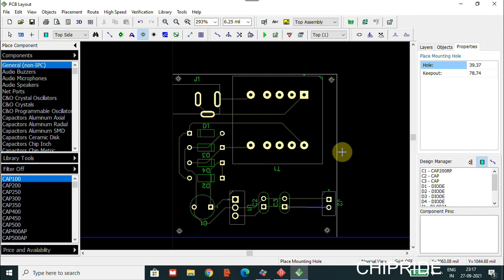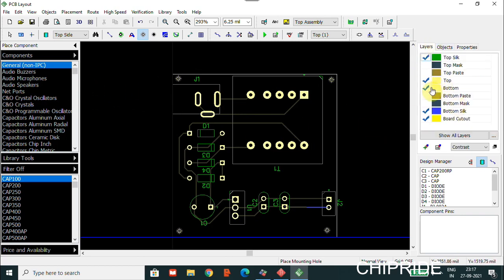Now what you can do is take some simple circuit and place the components properly, give importance to the placement, and then draw traces. Or you can simply take a power supply circuit, like what I have selected, and try to place the components and draw the traces, which will help you to learn PCB. And finally, what we'll have to do is